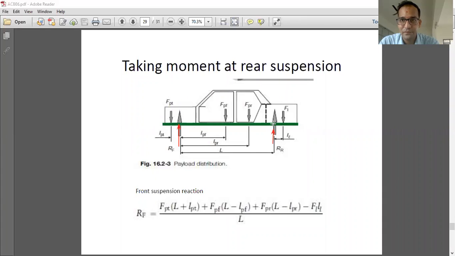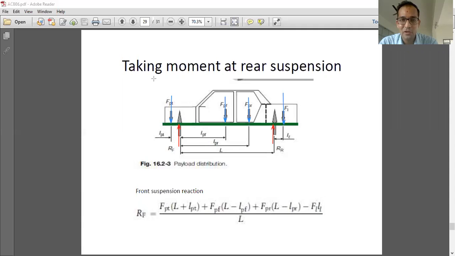Now we'll go for the loading criteria. If you are able to see, I am plotting now the loading criteria, and I'll just change its formation of observation so it is easy for you to understand. This is going to be the powertrain load, this is going to be the front passenger load, this is going to be the rear passenger load, this is going to be the luggage load.